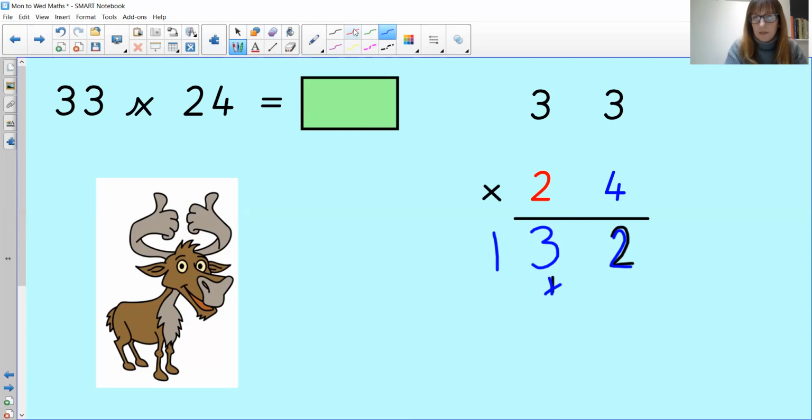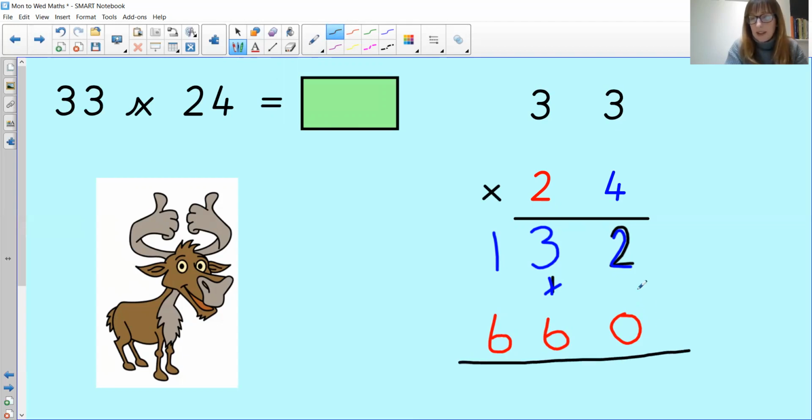Okay, so now I'm going to go on and multiply by the 20. Because it's a 20, I first of all need to put a 0 down as my placeholder. So now I can think of it as 3 times 2, which is 6. And again, 3 times 2 is 6. And then my last step